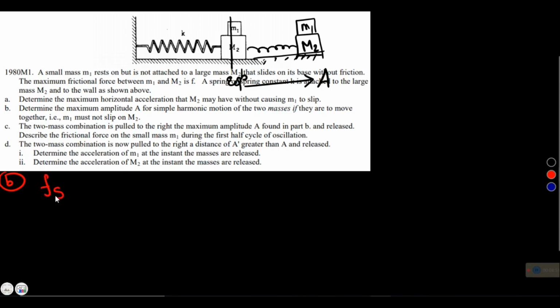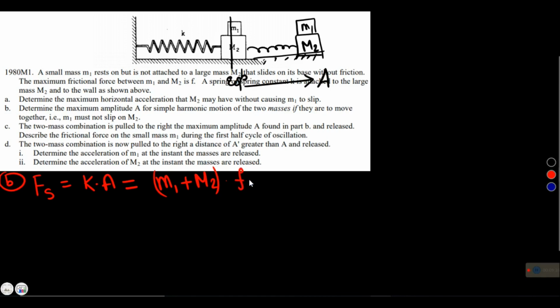This spring force, that is the Fs, should be equal to K into A, the maximum displacement. And this should be equal to, since both the blocks are moving together, m1 plus m2 and their common acceleration. And what was the common acceleration? That was a1 or a2, anything, and that was